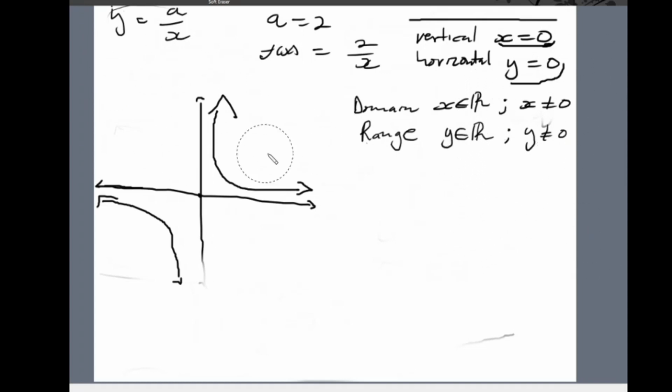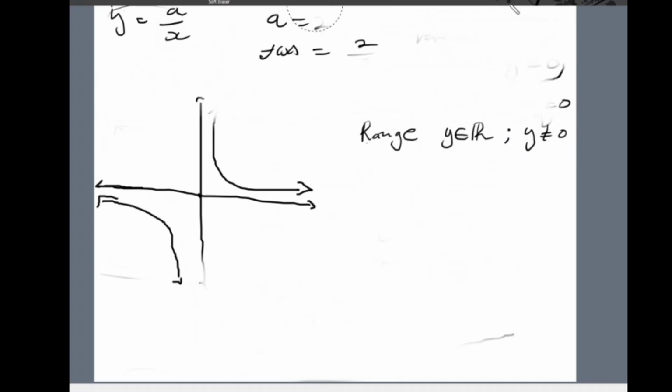So now the domain and the range for the hyperbolic function will depend on the values of the horizontal and vertical asymptotes, right? So for the form y equals a over x, the domain is x element of real numbers, but then x cannot be 0. And for the form y equals a over x also, the range is y element of real numbers, but then y cannot be 0, right? Now for the other forms of the hyperbolic function,